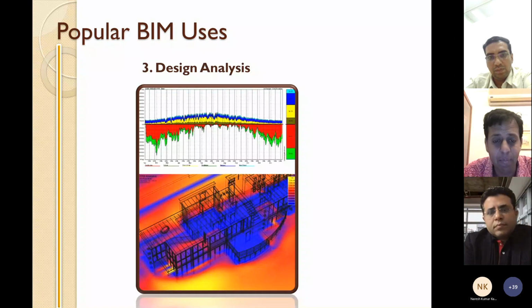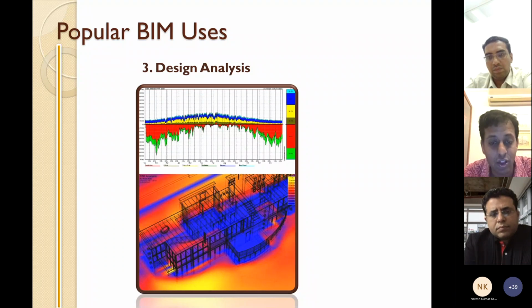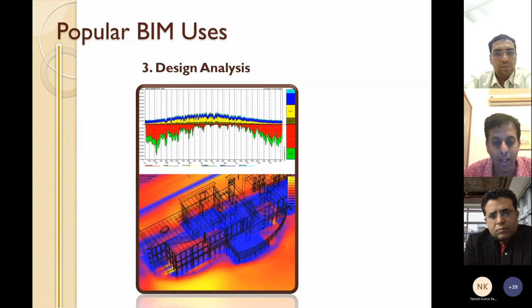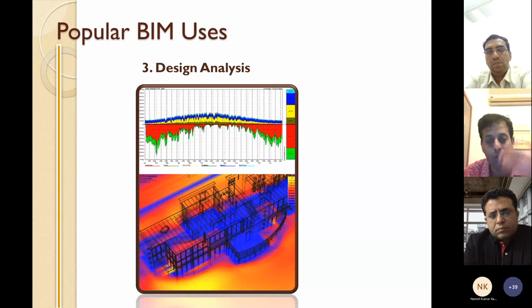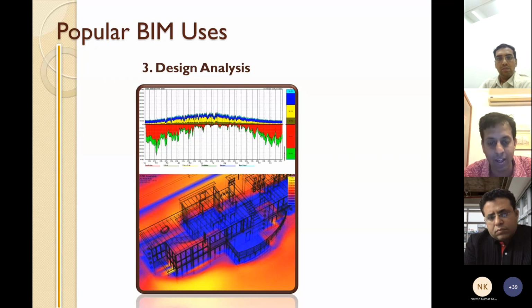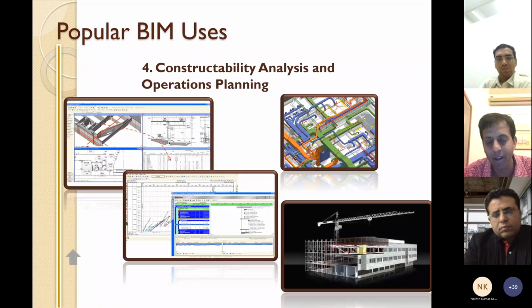Today, there's a lot of analysis that can be done on the design. Sustainability is a very important issue today, and the building industry needs to look at how it can reduce its carbon footprint. And one way of doing that is to analyze buildings to ensure that you're laying out buildings and using materials and so on that reduces the embodied carbon and also brings down the energy consumption, right? And again, BIM can allow you to do all of this analysis if you have the right kind of data in terms of interiors, materials that you're using, data in terms of the layout, data in terms of the latitude and longitude where the building is being situated and the microclimatic conditions and so on.